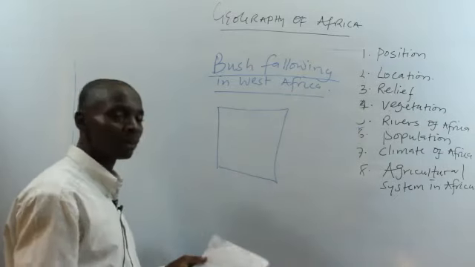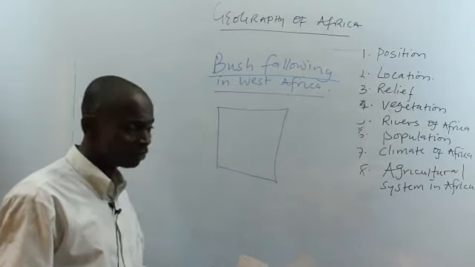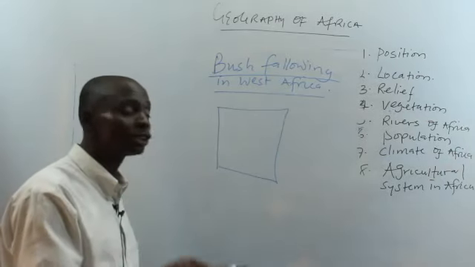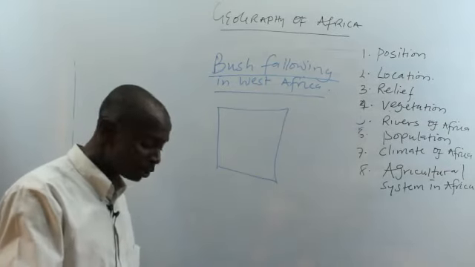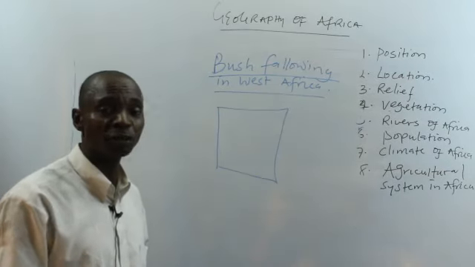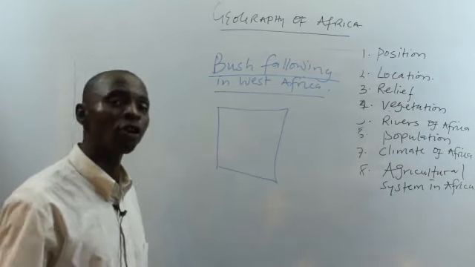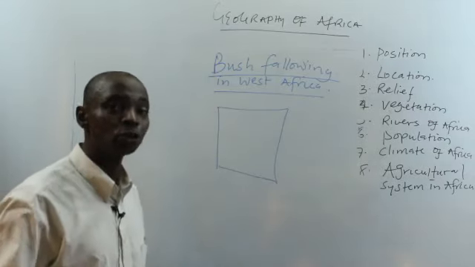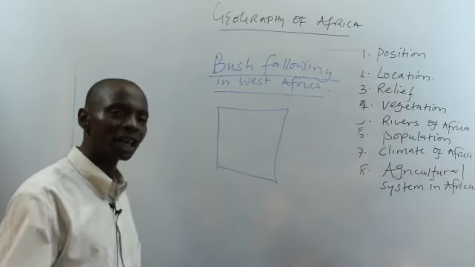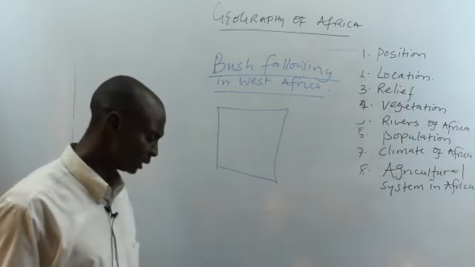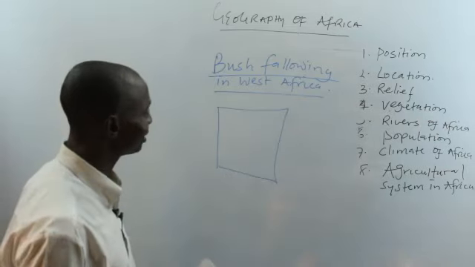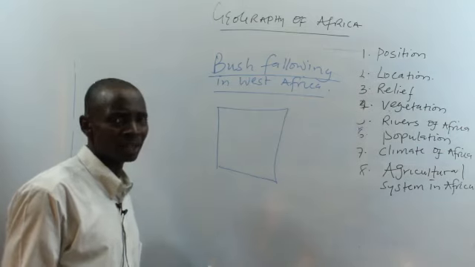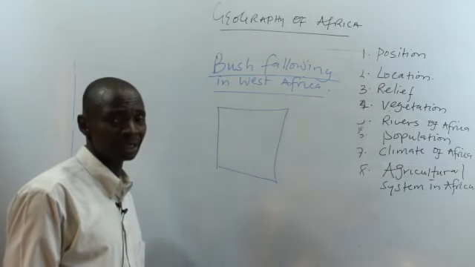So what the farmer does around that time was, after farming maybe 4 to 5 years, he discovered that the land is no longer fertile. He will abandon the farm, leave it to fallow for some years, then come back. The land will naturally regain its strength or nutrient. Then the farmer will decide to come back again and start his farm. So this type of farming system is practiced in West Africa, especially in Nigeria.